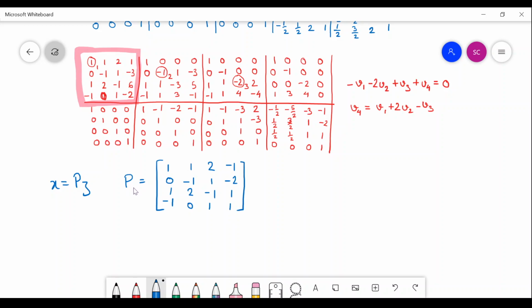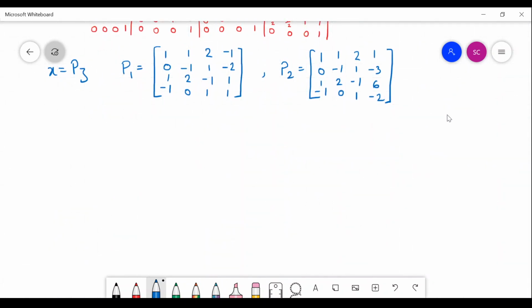This is one case. Suppose this is P1, and another case we will see, which is P2, which will be 1 1 1 0 1 minus 1 1 minus 1 2 0 2 1 minus 1 1 1 minus 6 minus. So in one case, as we have already found out, this is having an independent set of column vectors, but here we are not having an independent set of column vectors. So this is the only difference between these two.